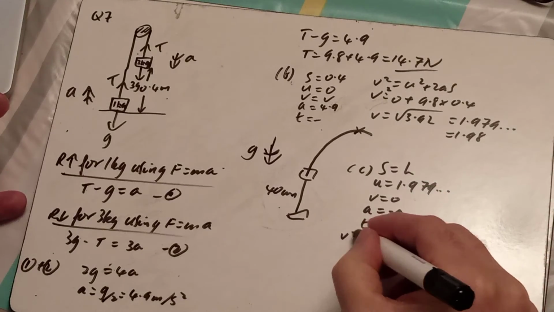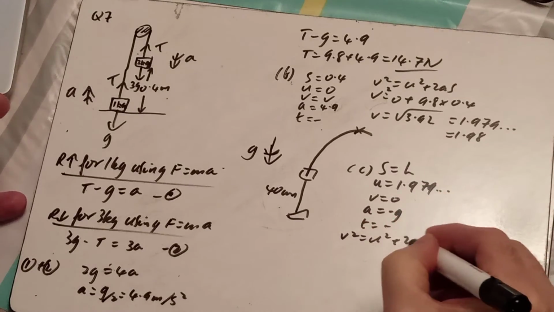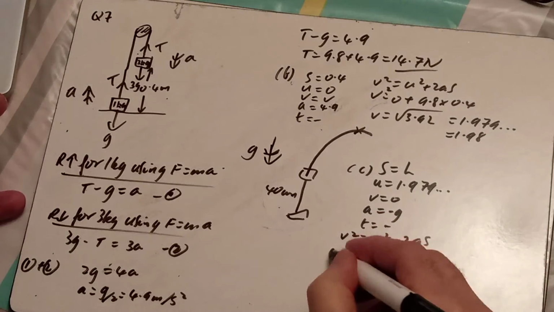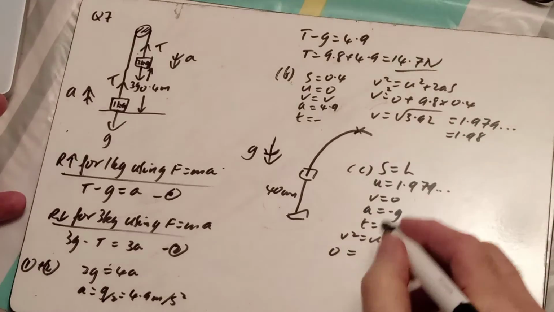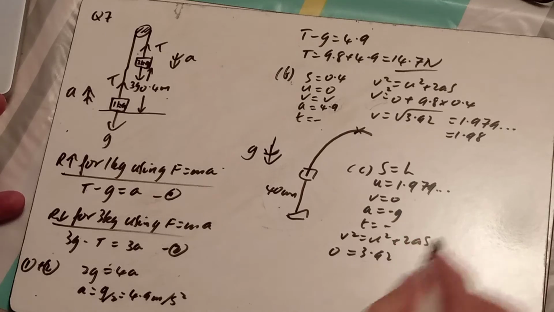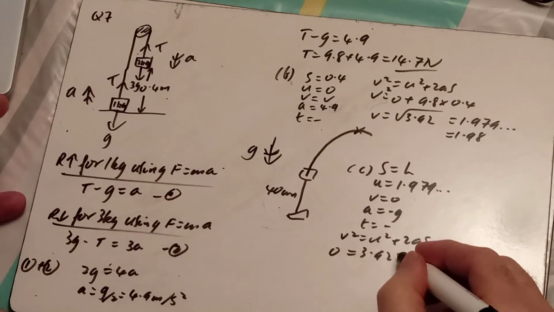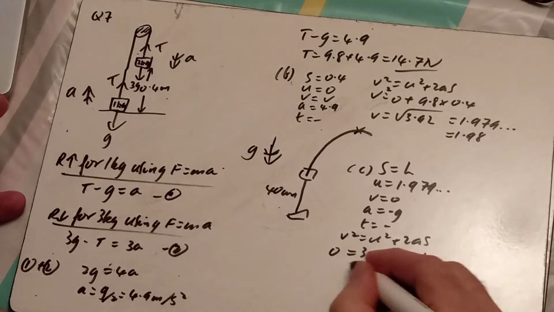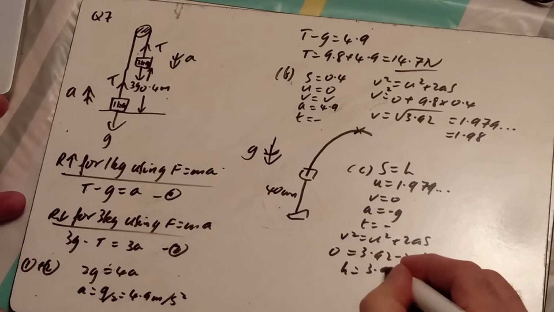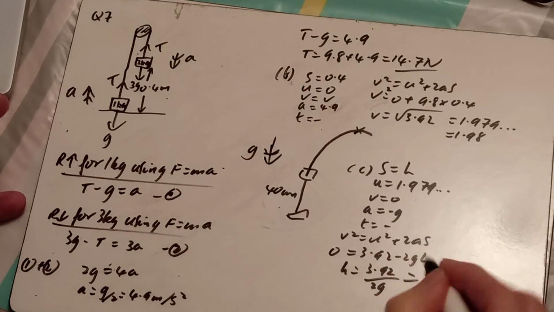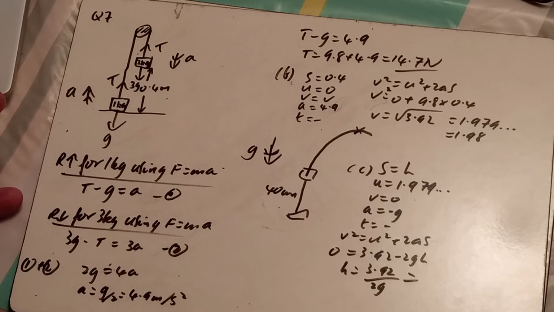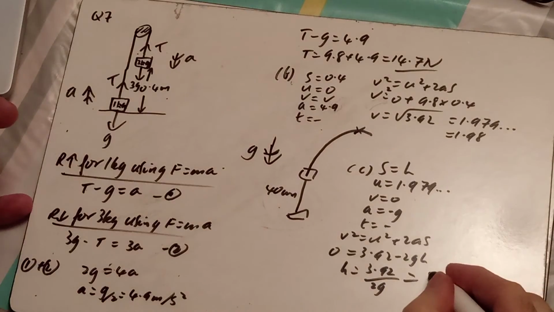So I'm using v squared equals u squared plus 2as, and so v squared nothing, u squared, you know what, 3.92, let's be as accurate as we can, and then minus 2gh. So h is whatever 3.92 over 2g is, so let's work it out, 3.92 divided by bracket 2 times 9.8 equals,